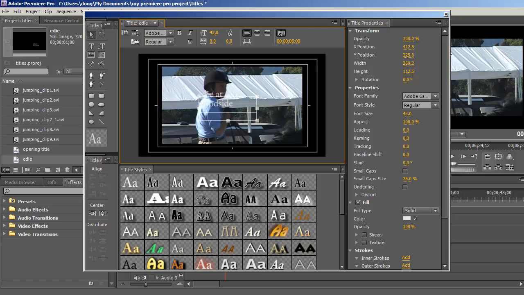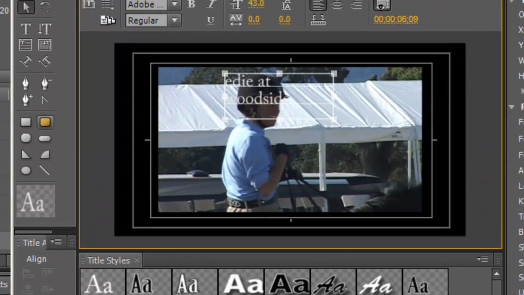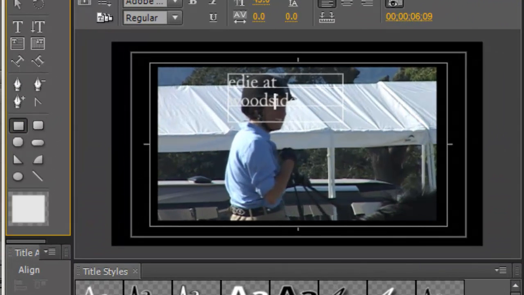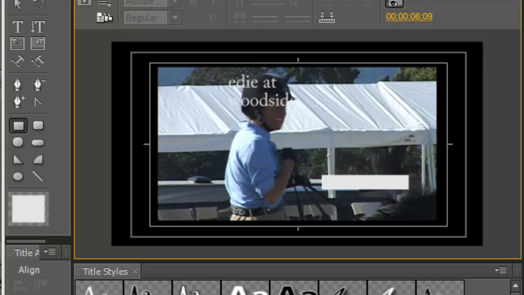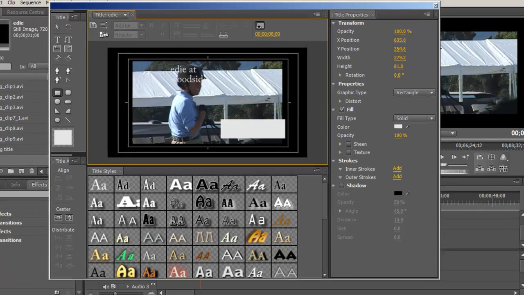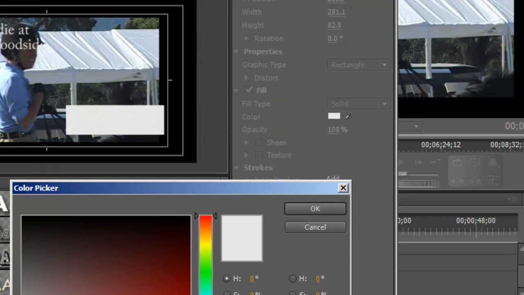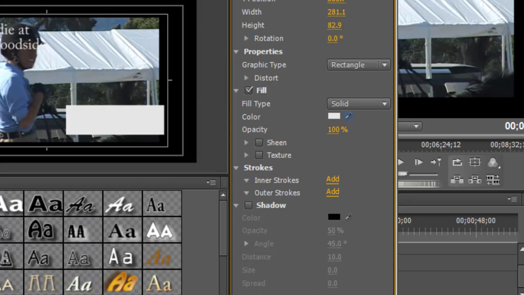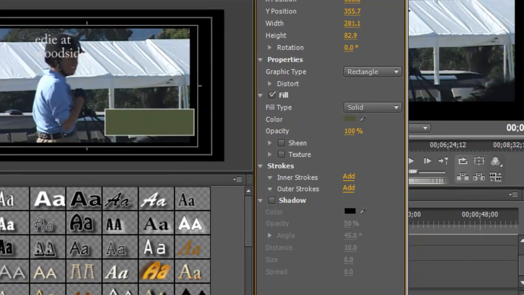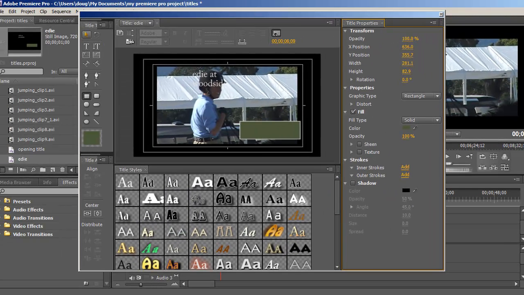So I'm just going to push that title aside for a minute, and I'm going to grab a box over here, and I'm going to put a box right here. Alright, and I'm going to make it a different color. I want that to be contrasting, so I'm actually going to do my color chooser, and I'm going to get something green like that. Alright, so now I've got a contrast there,